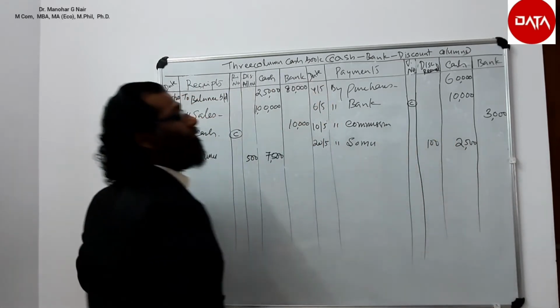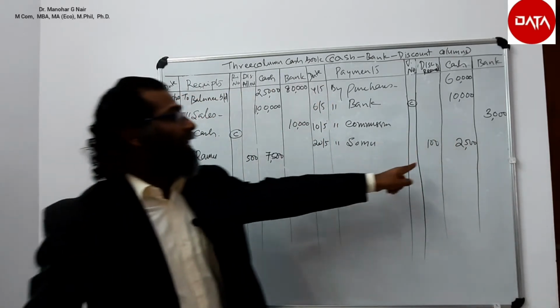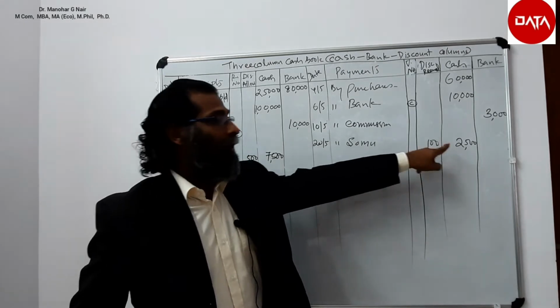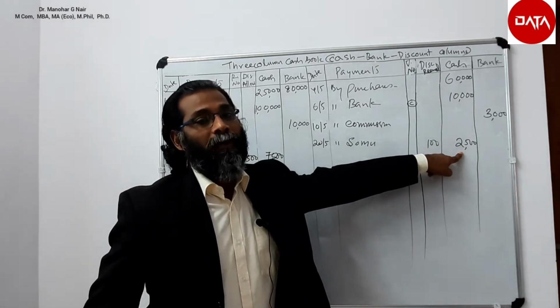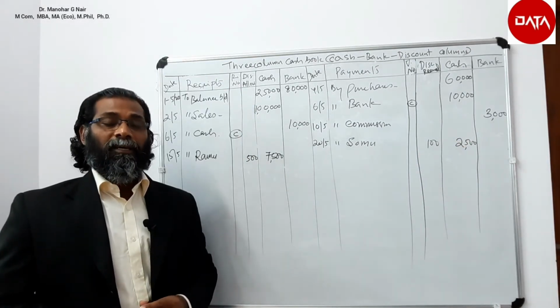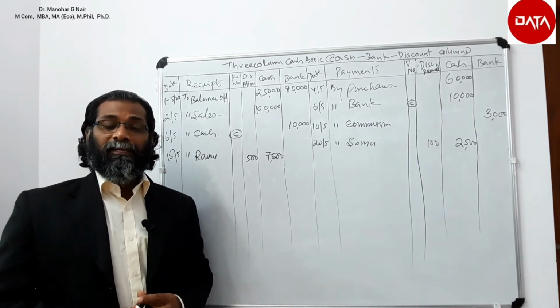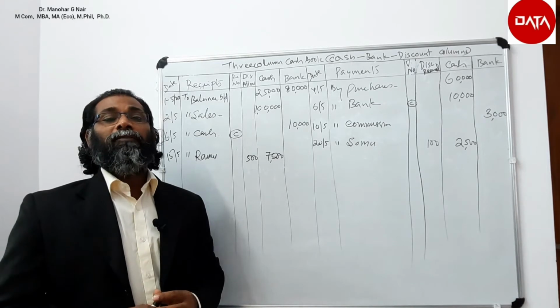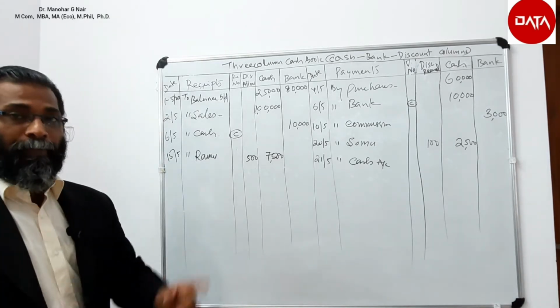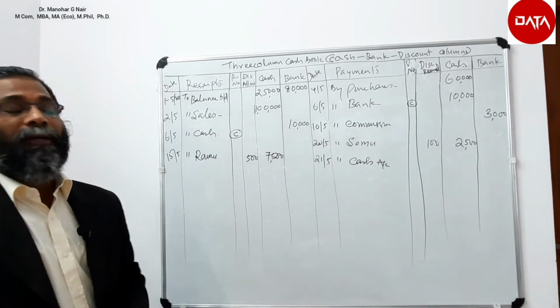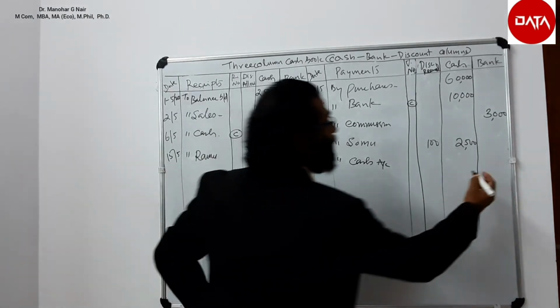Received a discount of 100. So in the discount column 100, payment column 2,500. On 21st, withdrew from bank for office use rupees 5,000 and personal use rupees 500. So in the payment side we have to write rupees 5,000 from bank